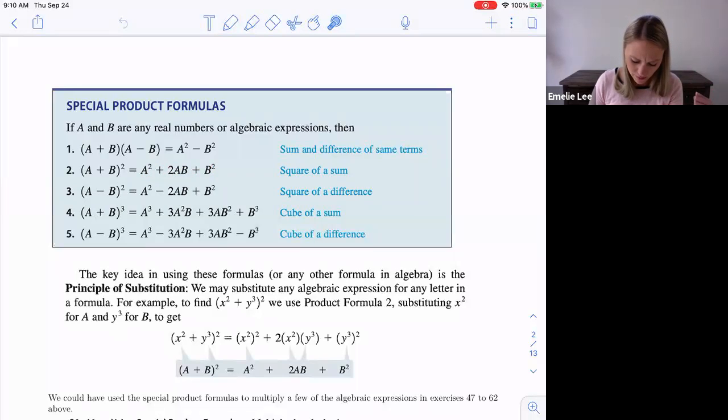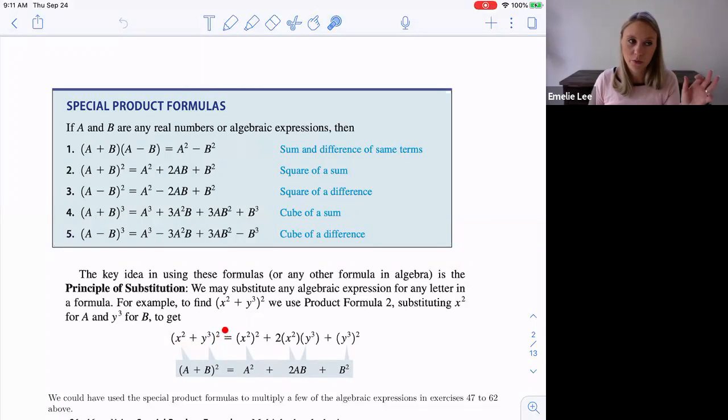So for example, if I have something like x squared plus y to the 3 squared, this is kind of the easy way, and later on we'll be factoring this stuff,